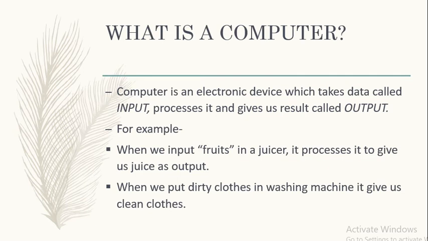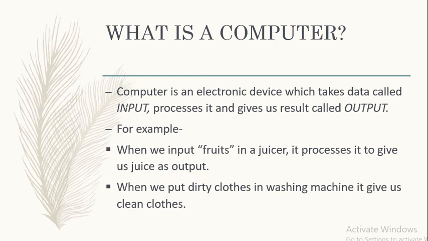So, we are going to understand this definition with the help of an example. Imagine if you are going to prepare a juice, a mango juice. So what will you do? The process will be, firstly you will peel the fruits, then you will cut them. So this will be your input. Then you will put this pulp in the mixer. So the process which takes place in that mixer is called process, and finally you will get a juice. So that particular juice is called output. In this whole process, the mango pulp was the input, the activity of the mixer is process, and the juice is finally the output. In the same way, computer also works.